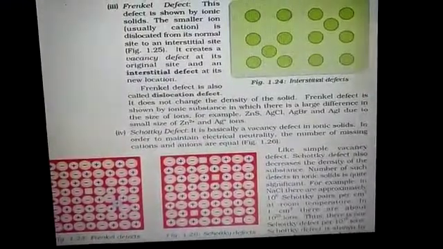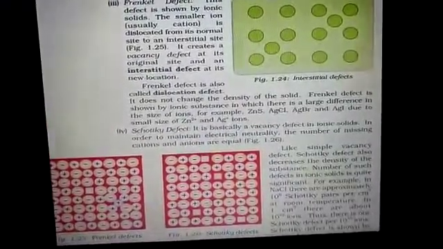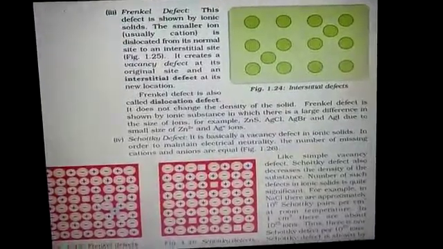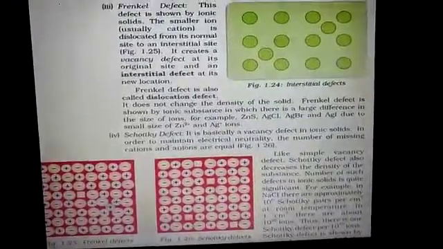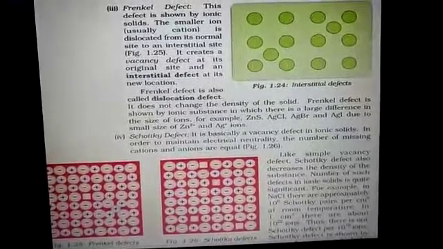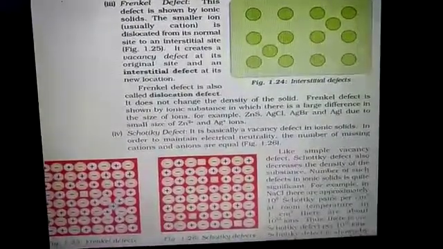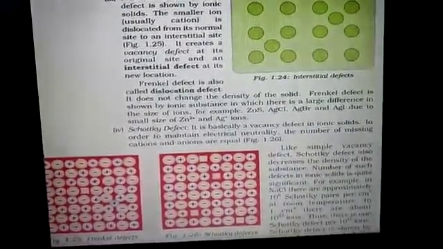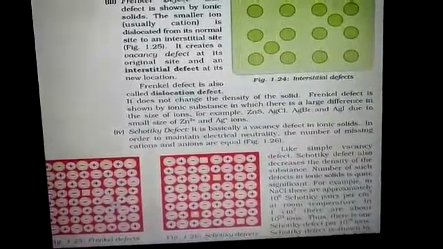Now, effect on density. In case of a Schottky defect, as the number of ions decreases as a result of this defect, the mass decreases whereas the volume remains the same, and hence the density of the solid decreases in the case of Schottky defect. Now, in case of non-stoichiometric defects,